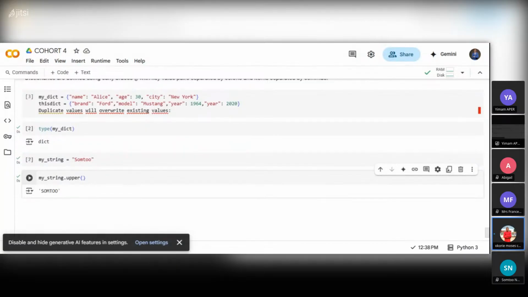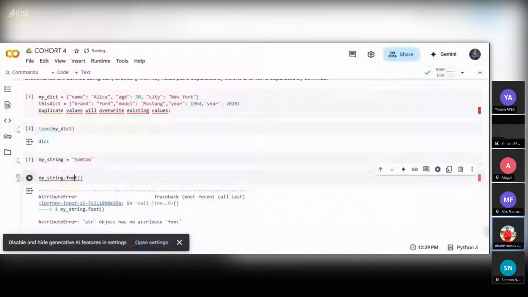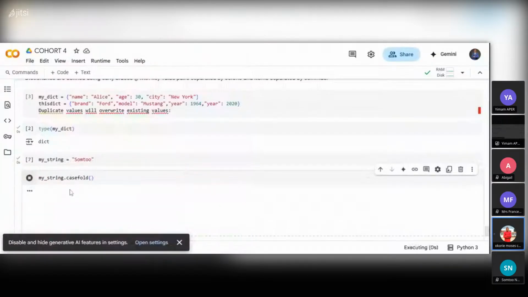Fold case. Oh, case fold, sorry. Case fold. I think you have to put case fold. Yeah, case fold. Now look, this is it, and I believe you have seen what we have done so far,